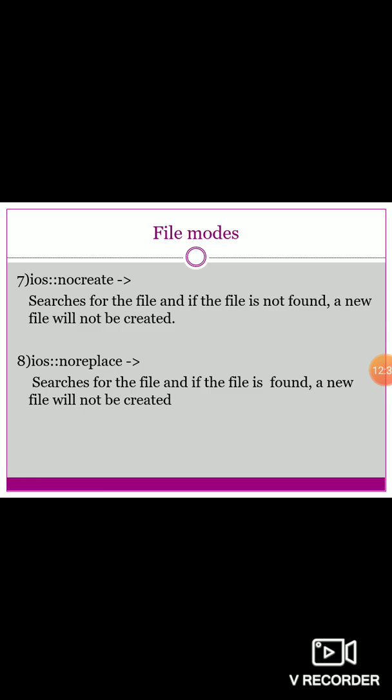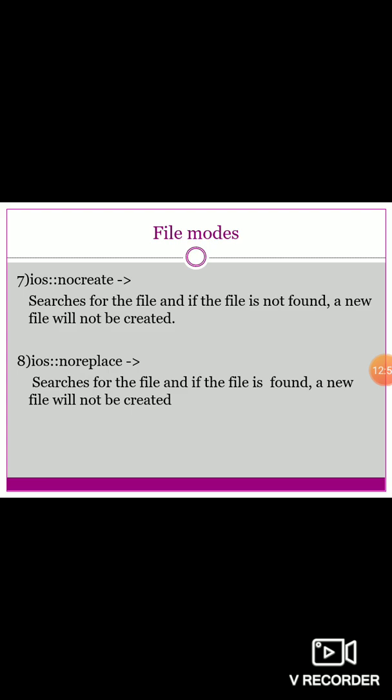But in noreplace, it will always search for the file. If the file is found, the new file will not be created. That is, if the search is successful with that particular file name, it will never open that file. Clear?